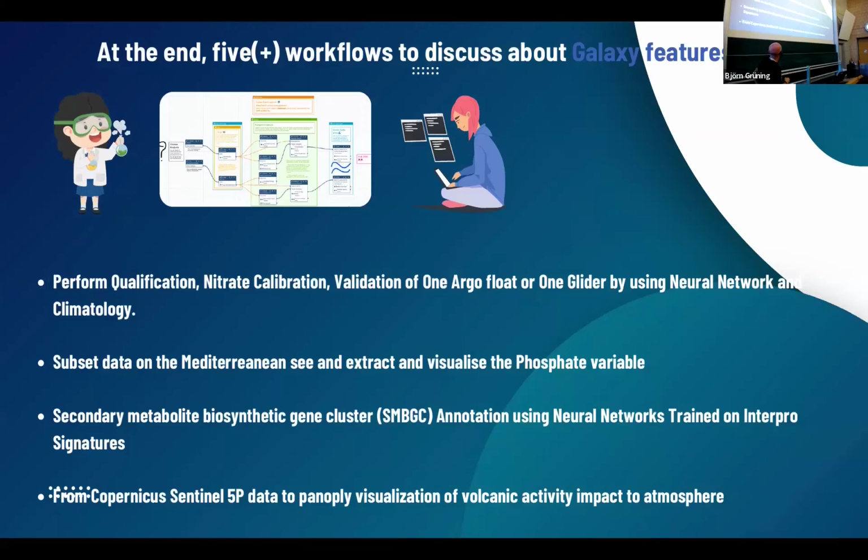One to perform qualification of nitrate data, one to subset marine data and visualize some variables, one about annotation using neural networks, another one for cross-analysis of satellite data and ground data for volcanic activity, and one for land degradation, which is not in this slide.